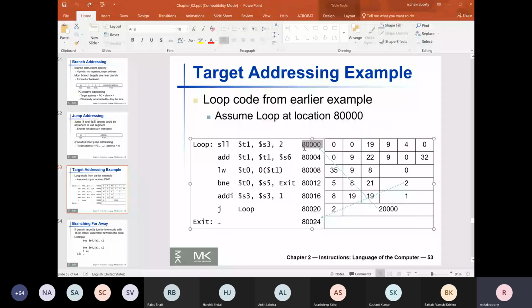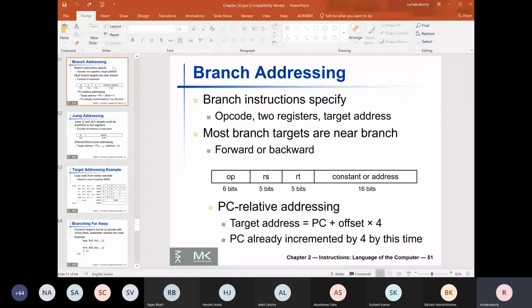So with this clever observation, we can save 2 bits. Don't worry about mentioning these 2 bits and wasting 2 bits of space in this 16-bit offset. I will not mention it now. But the hardware, when it calculates the actual address, takes the current PC value and the offset, and multiplies the offset by 4 to calculate the final jump location. The fact that PC is already incremented by 4 when this calculation takes place is taken into consideration and corrected by the hardware. The actual calculation that is performed, we will see very soon.